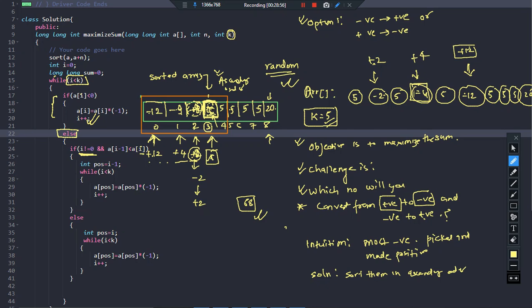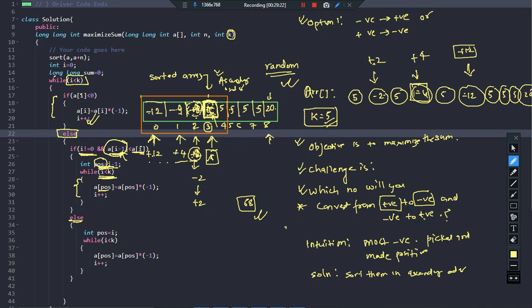But if you find out that the number a of I minus 1 is smaller than this, then please note that all the changes should occur in this I minus 1th number. So I am locating its position, POS, and whatever chances are left, I will impose all of them on the number at the POS location. Done. Otherwise, if I found out that the number is positive and it is the first number, that is, present at the 0th index, which means the entire array was filled with positive numbers.